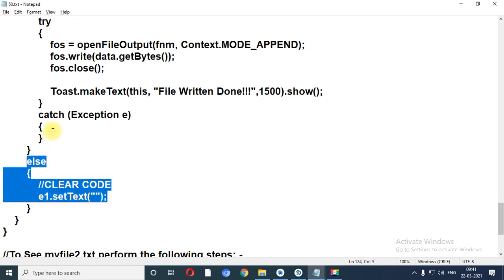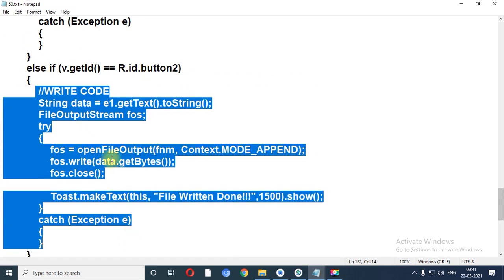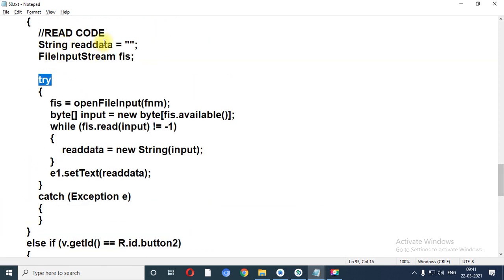Now what is my third requirement? I want to read the content which is stored inside the file. So the reverse operation of write I want to perform, that is read. So what I need to do? I need to take one simple variable for reading purpose and make it empty.